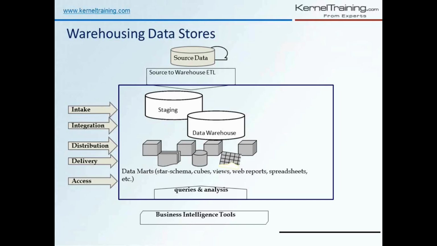It's backroom work that we do. Kimball says it's backroom work where, before we start cooking, we do everything based on our requirement, what recipe we want to have. So that is intake, integration, distribution, delivery, and access. Just try to understand the simple terminologies, because using big, scary words makes people more confused than informed.